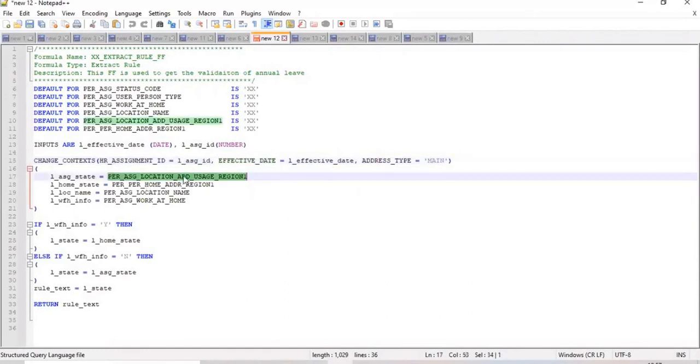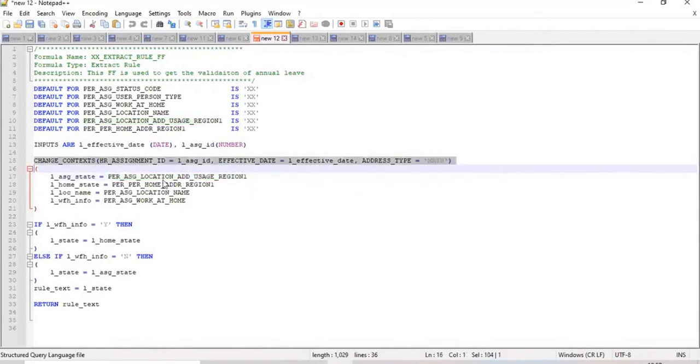So set these values so that when I use this database item, I can directly get that corresponding employee's work location, home address, location, work from home, as of that date. You are fixing the date, the assignment ID, and the address type using the change context functionality.